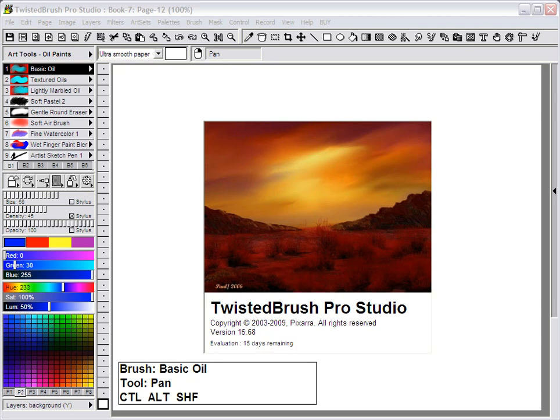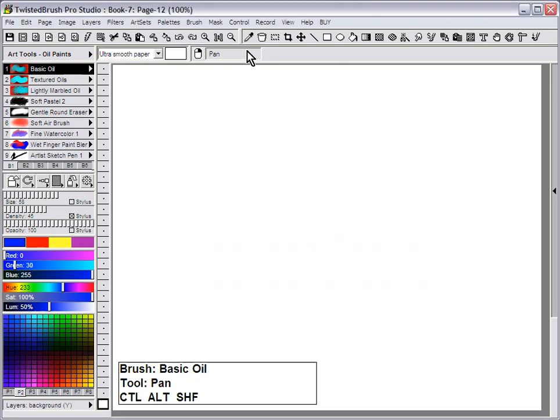Let's talk about masks in TwistedBrush Pro Studio. There are a number of different mask tools and brushes and menu items. Mask protects part of your page from getting new paint applied to it. So I'm just going to go over some of these